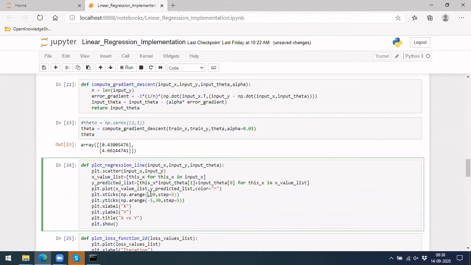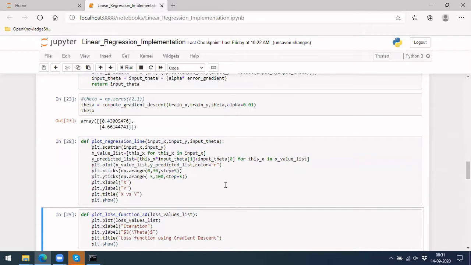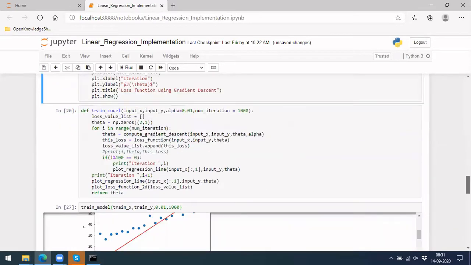For x, we are talking from 0 to, let's put 30, and the y value is always positive in this case, but let's put minus 10 to 100. Okay, let me run it again.